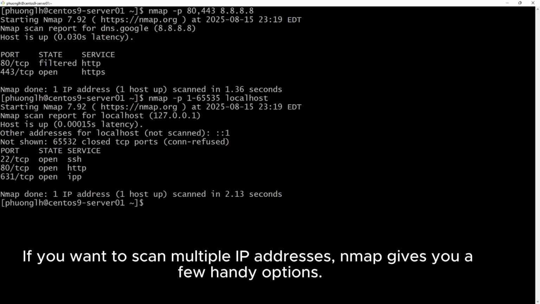If you want to scan multiple IP addresses, Nmap gives you a few handy options.